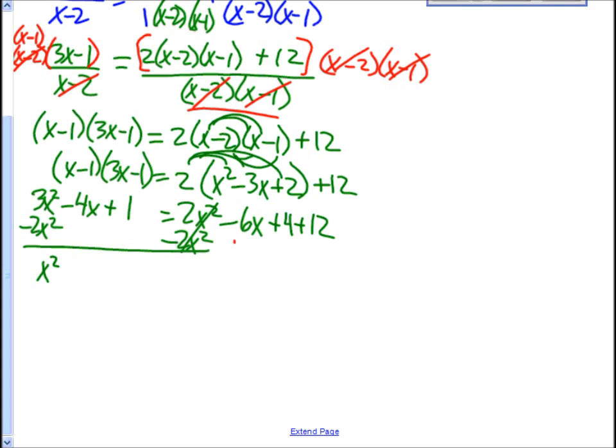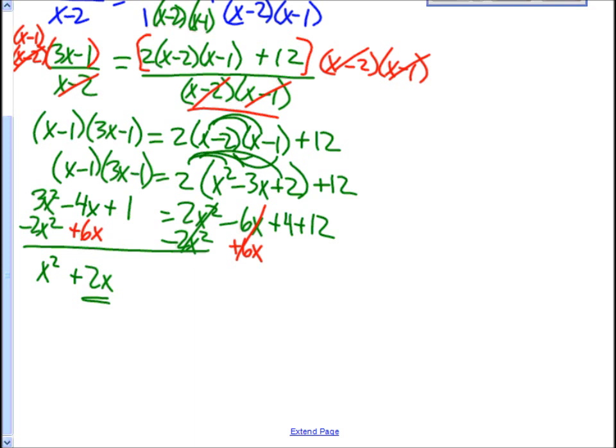Let's go ahead and add this 6x as well at the same time. Okay, so you got negative 4x plus 6x, you got positive 2x. Okay, and now you notice I'm solving a quadratic. It's of the form ax squared plus bx plus c. So if I'm solving a quadratic and I have a bx term, I better get one side equal to